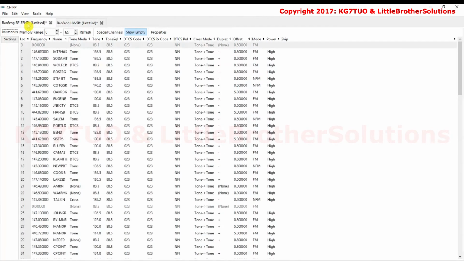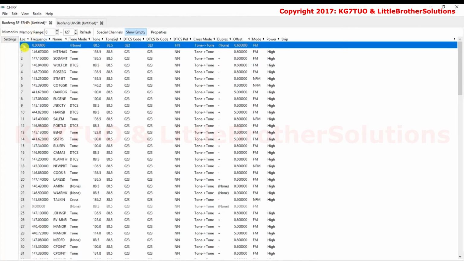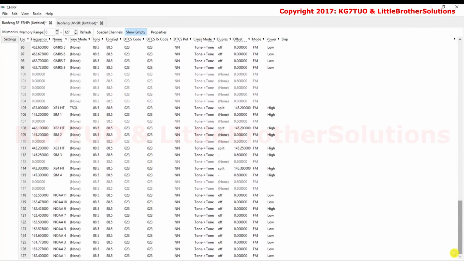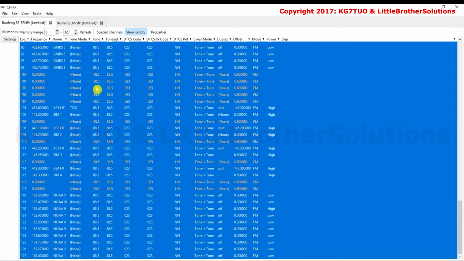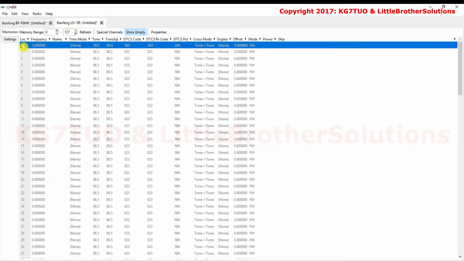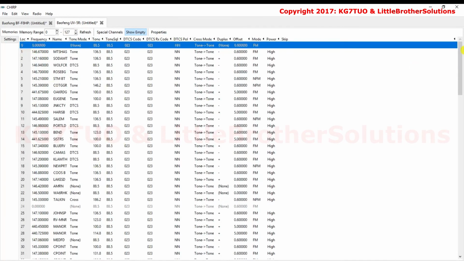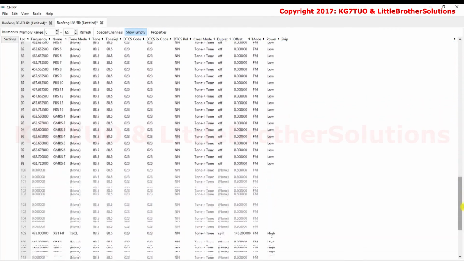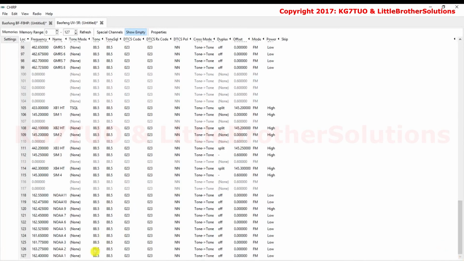So we click on the F8 tab, click on the first memory, which is number 0. Move to the bottom by scrolling or using the slider. Come over to the location for number 127, hold down the Shift key, and click. Everything's highlighted. Hit Control-C, then open up the tab for your target radio, select location 0's line so that it's highlighted, and hit Control-V.